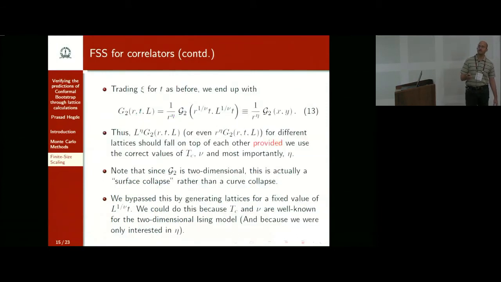So anyway, we end up with this nice looking finite size scaling prediction. And we can do the same thing. If I plot L to the eta times G2, or even for that matter R to the eta times G2, they should fall right on top of each other, provided again we use the correct values of Tc, nu, and eta. One thing, of course, is that G2 is now a function of two variables. So instead of curve collapse, you're actually going to have surface collapse, which is not something you can see or plot. So what we did for this was we